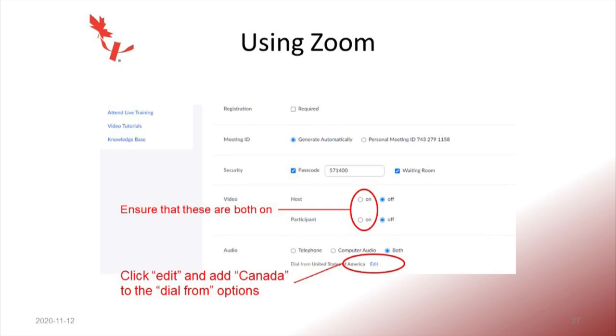And by default, Zoom ensures that host and participant video are off. You can click those both to on. And under audio, you can click on edit, and you can add Canada as a potential dial-in option for those people that may not have access to a webcam or a microphone, but that still want to participate in the